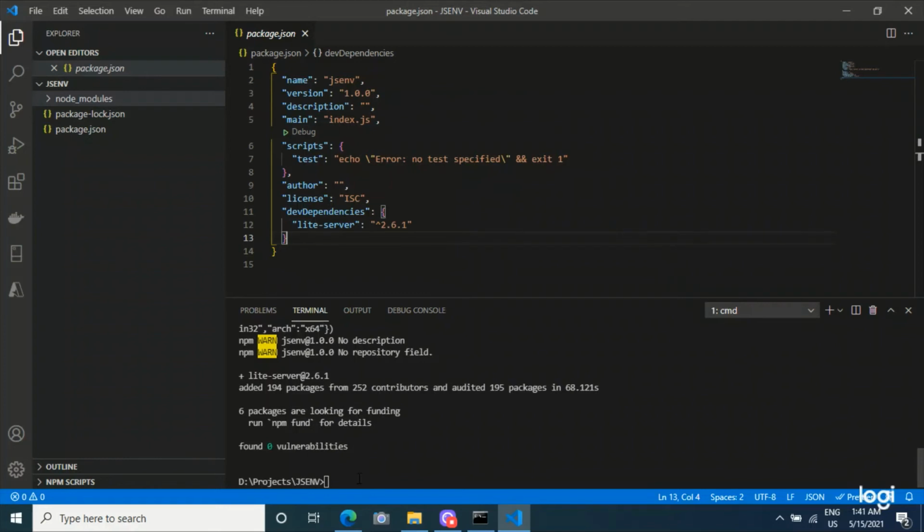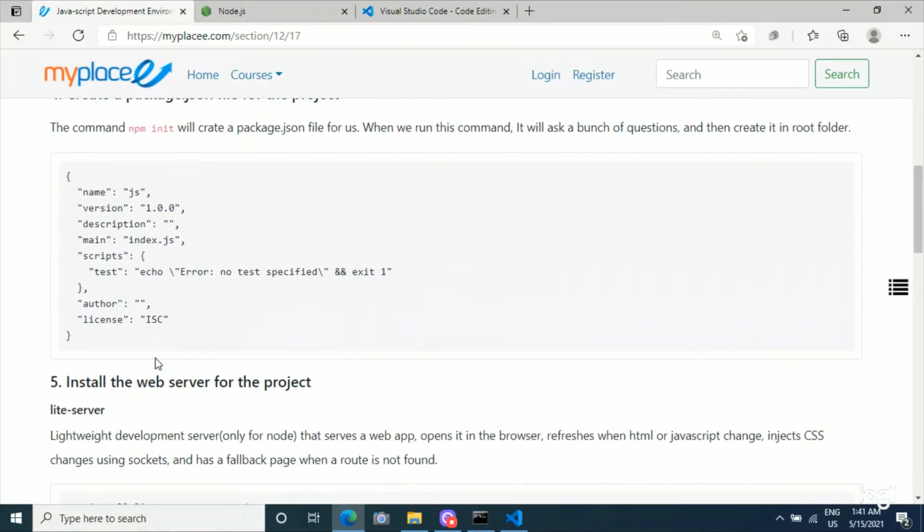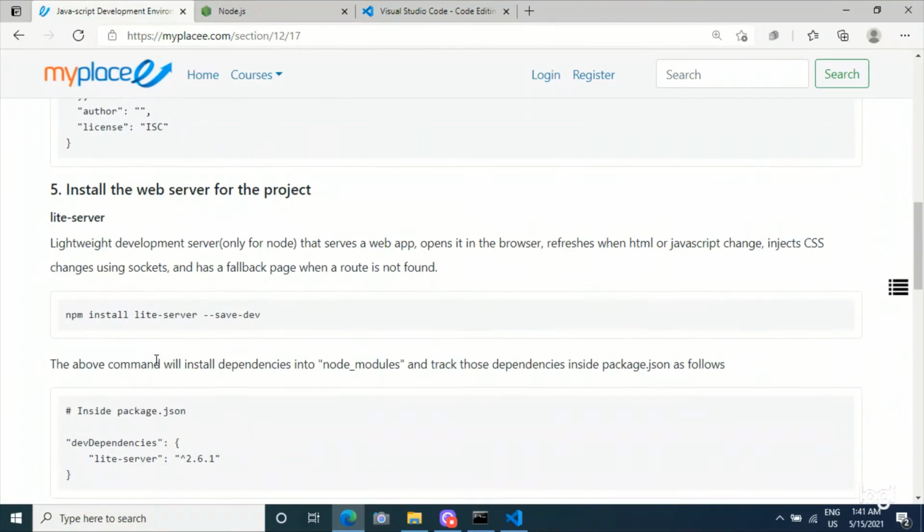The final step that remains is start the web server. To start the web server, we need to add a few scripts in package.json. The scripts are just copied from myplacec.com.